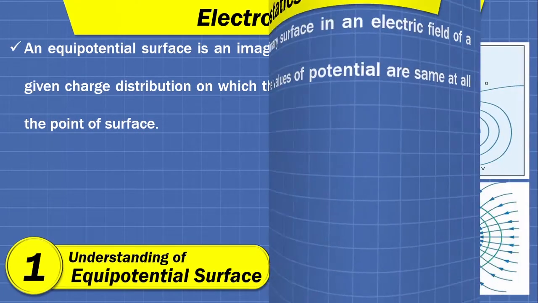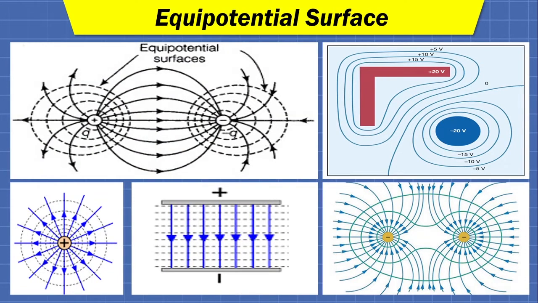So let us take some examples of equipotential surfaces. Here in the first example, as you can see, we have an isolated positive charge, and the solid line represents the distribution of field, and here the dashed lines represent the equipotential surfaces. We have represented the three-dimensional configuration in two dimensions, so whatever you are seeing as a circle is actually a sphere. Fine. So we can define many spheres around the point charge, and all the points on a particular sphere will have the same value of potential, and hence each sphere will act as an equipotential surface for this charge distribution.